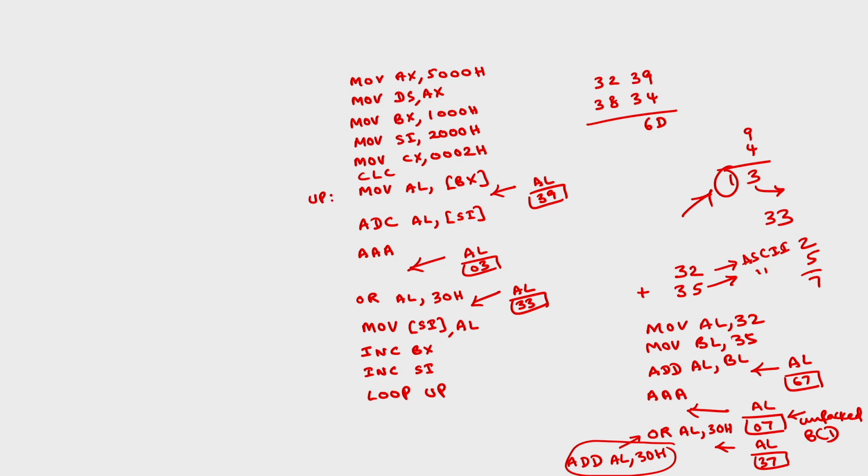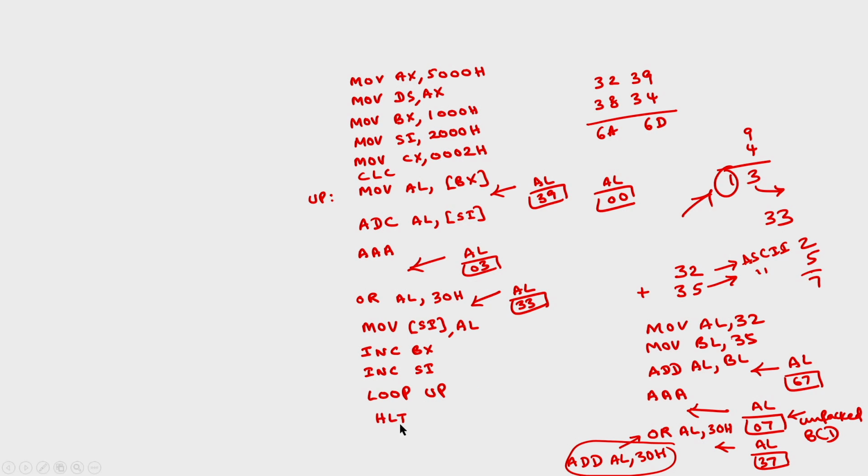So that the second data 32 will be taken in AL, 38 will be pointed by SI because we have incremented SI, these two will be added. So the result will be 32 plus 38 is 6A, 6A will be there here in AL, and if I use AAA, before AAA 6A will be there. So after AAA this AL will be containing unpacked BCD, BCD of this one is 00, because 8 plus 2 is 10, 1 is carry, so the result is only 0, AL will be having 00. So to get 30, which is the ASCII code corresponding to 0, you have to OR with 30H, then the result is stored back into the second number, then only halt.